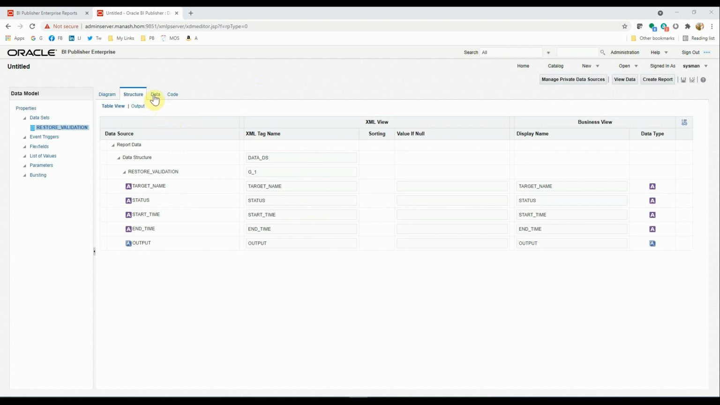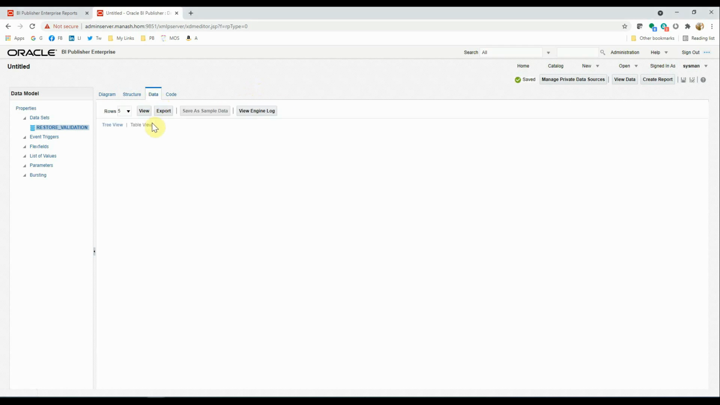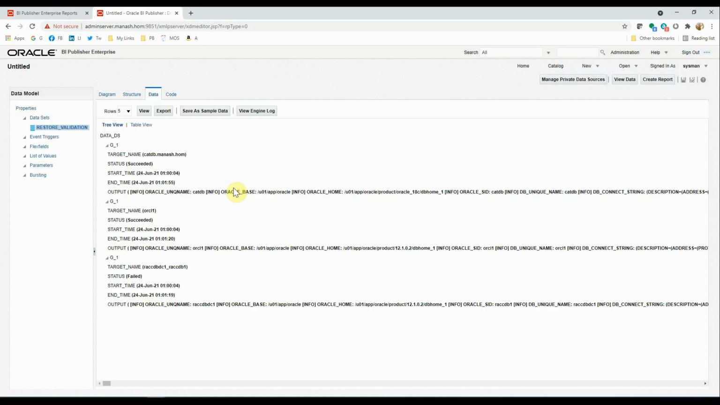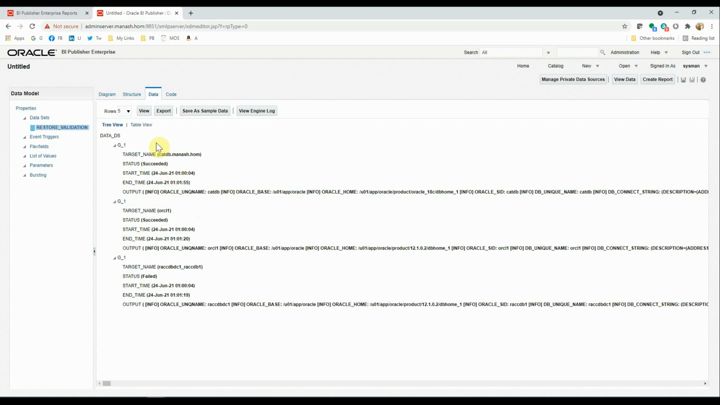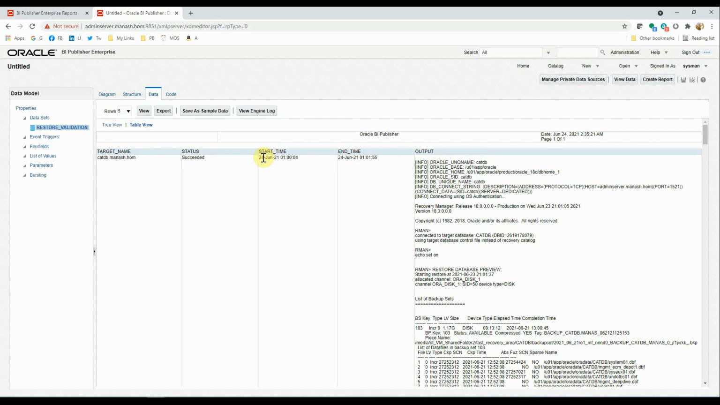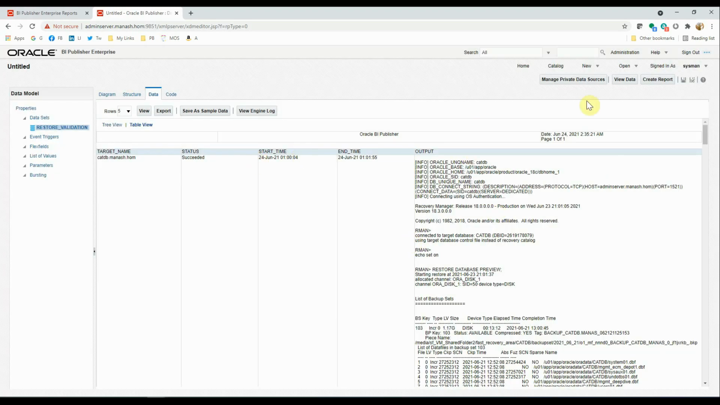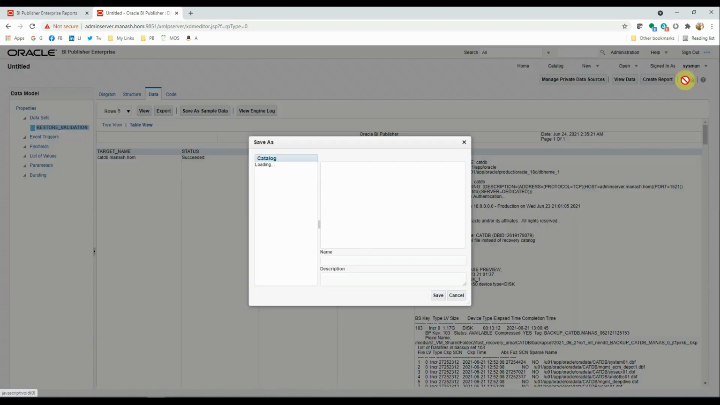Now let's go to the data tab. Click on view, and by default it's giving us a tree view of the data. We want to see it in a tabular view, and this is what the data available for us to be displayed in the report. Now we'll save the sample data with the data model, then we'll save the data model itself in our theme reports folder,